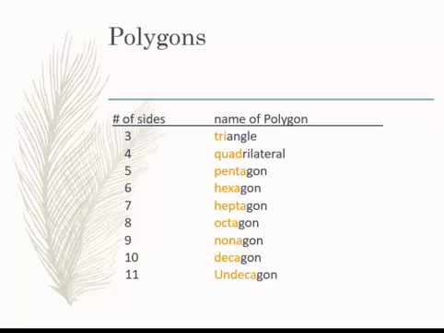Now think, tri means 3. Quad means 4. Penta means 5. Hexa means 6. Hepta means 7. Octa means 8. Nona means 9. Deca means 10. Now un means 1, if you ever think, I don't know, even Spanish, uno, right? So if deca is 10,